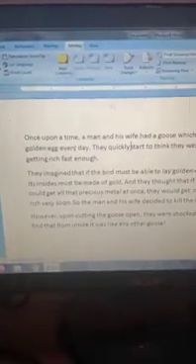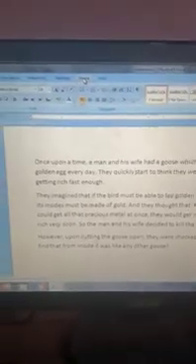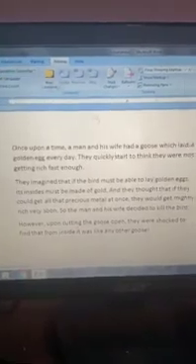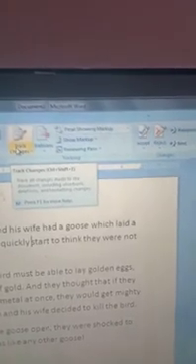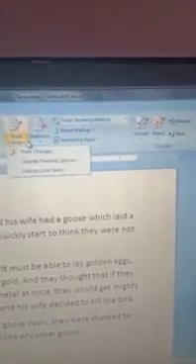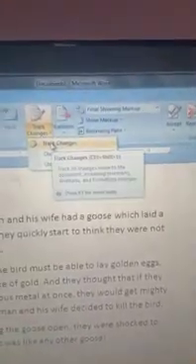Okay, so this is your document. Open the document which you are reviewing and click on the review tab again. So I will show you. Click on the review tab, and in that review tab click on the tracking group. This is the tracking group, and here you have to click on the track changes feature. Okay, track changes drop down, click on that, and this option is track changes.